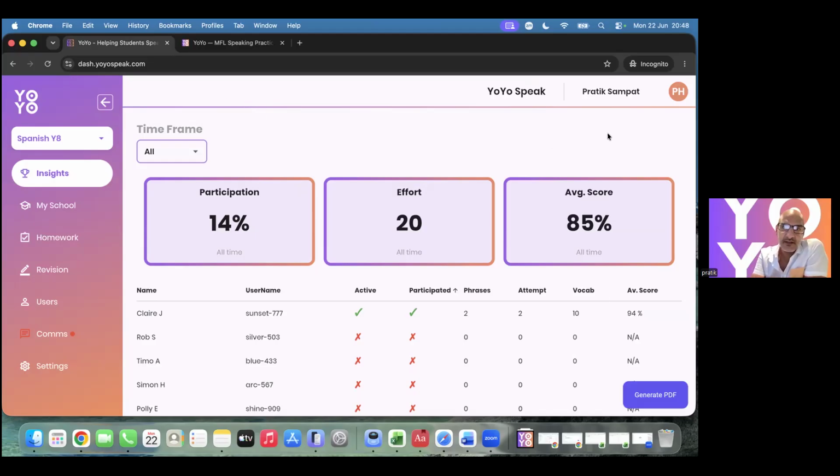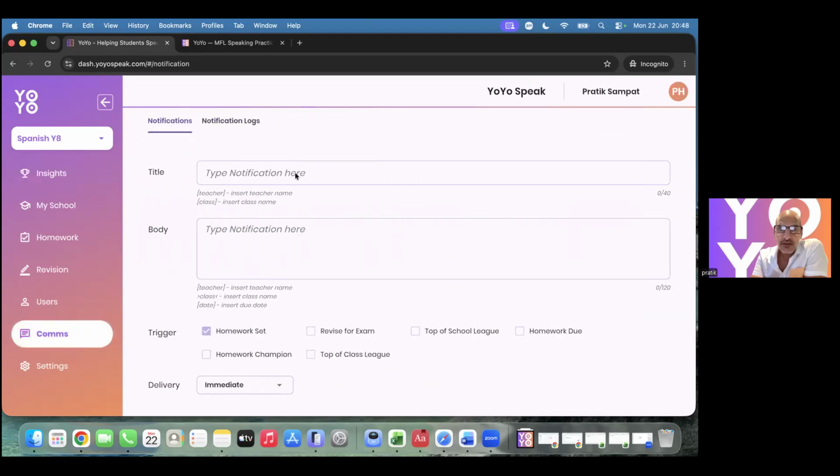We're back inside the teacher dashboard. I didn't show you this, but you can set up your notifications here. So this might be a homework set: please complete this week's phrases.